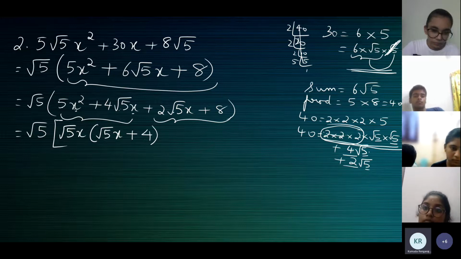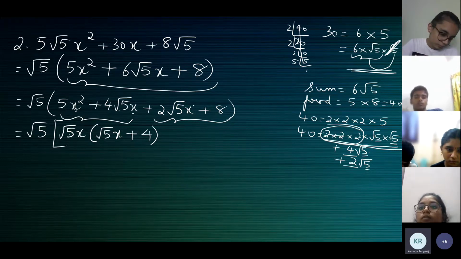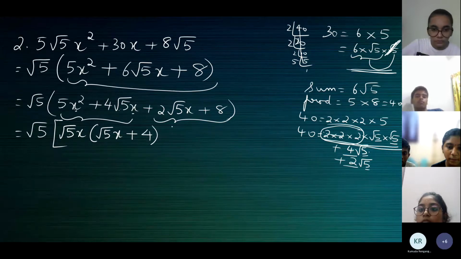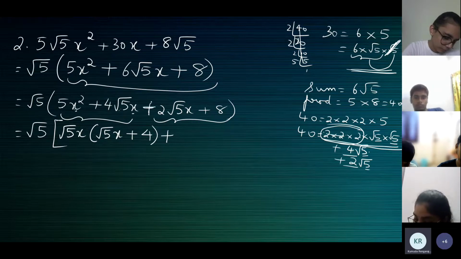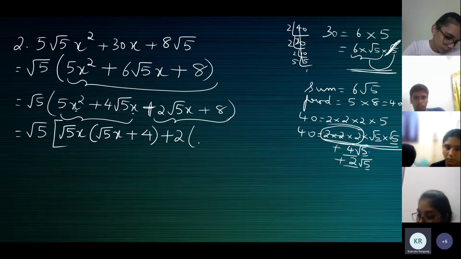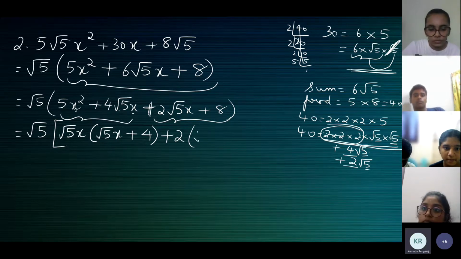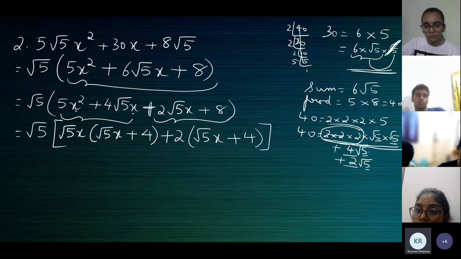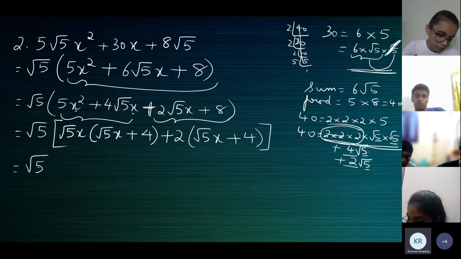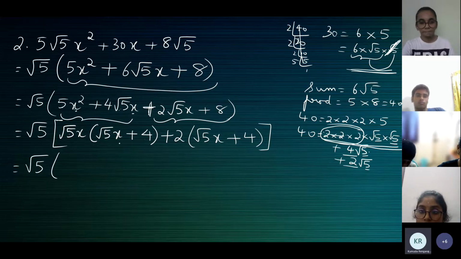What's common between 2 root 5x and 8? X is not common because 8 does not have x in it. What is common between 2 root 5 and 8? 2. Write this plus sign as it is. 2 is common. Open a bracket. 2 into what will give you the third term? Root 5x. Root 5x plus 2 into what will give you 8? 4. So now this root 5 which is outside as it is, open bracket, 5 root 5x plus